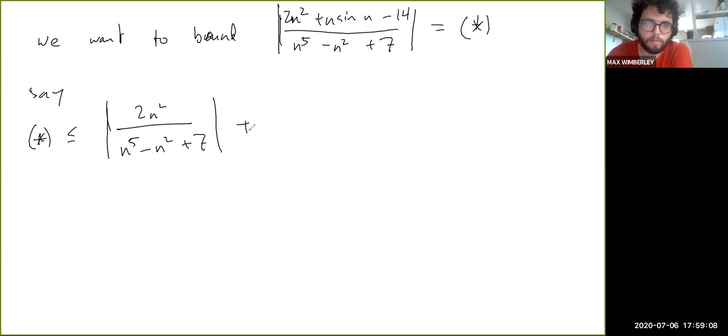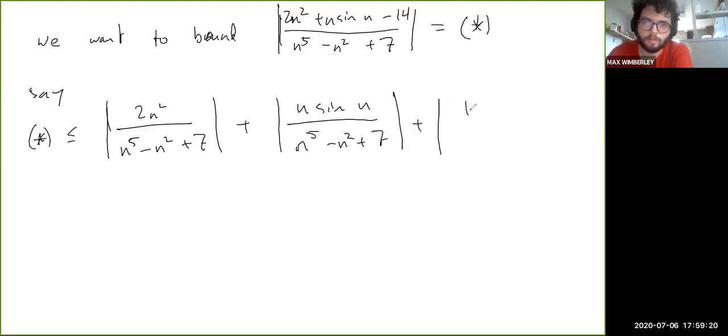And then plus the absolute value of n sine of n over n to the 5th minus n squared plus 7, plus the absolute value of, and I can just delete the minus sign here because it doesn't matter. Okay, great. Right, and then what you can say is like, okay,